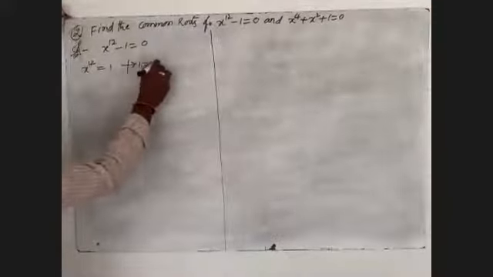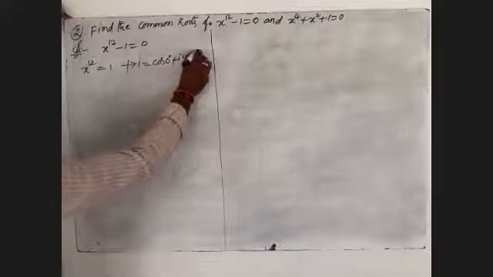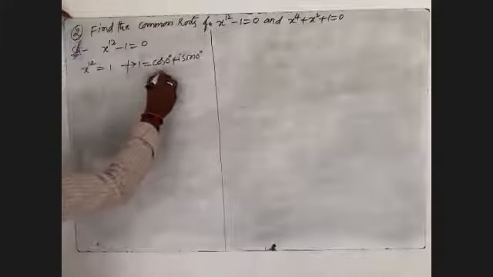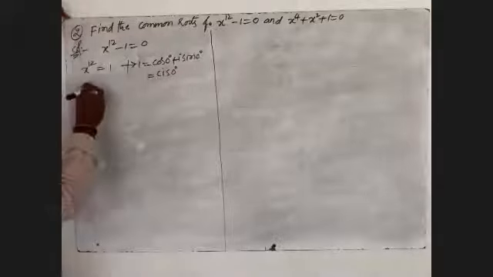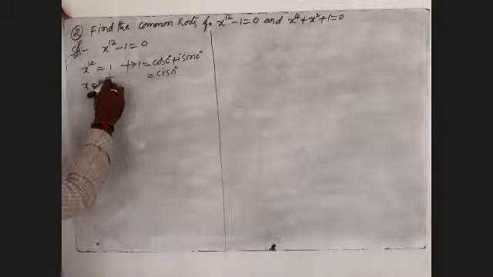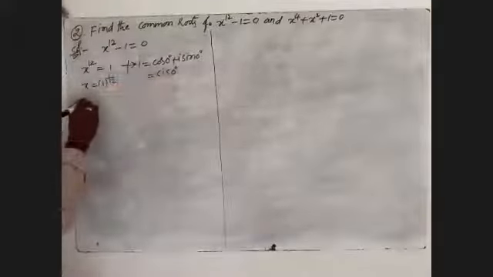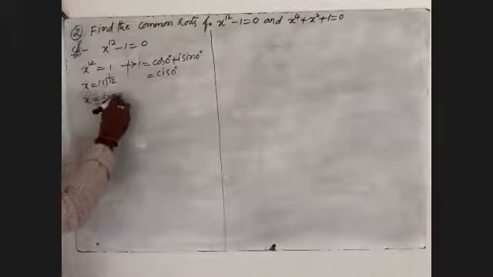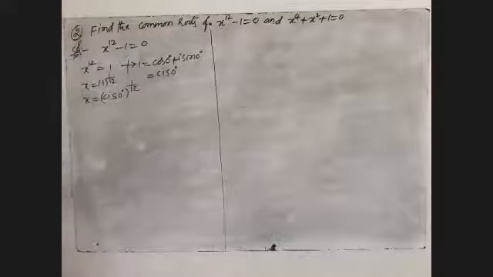In this, the given one can be considered as cos 0 degrees plus i sin 0 degrees. I will write cos 0 degrees plus i sin 0 degrees is nothing but cis of 0 degrees. That is, x is nothing but 1 power 1 by 12, where 1 is nothing but cis of 0. That I will write: x is equal to (cis of 0 degrees) whole power 1 by 12.